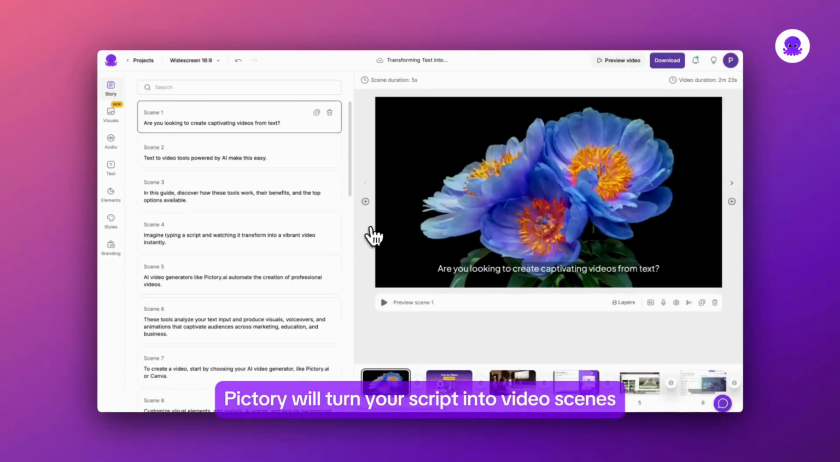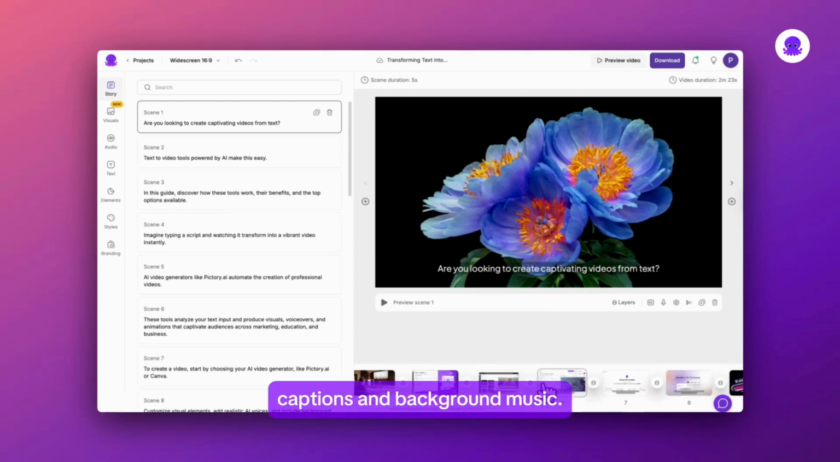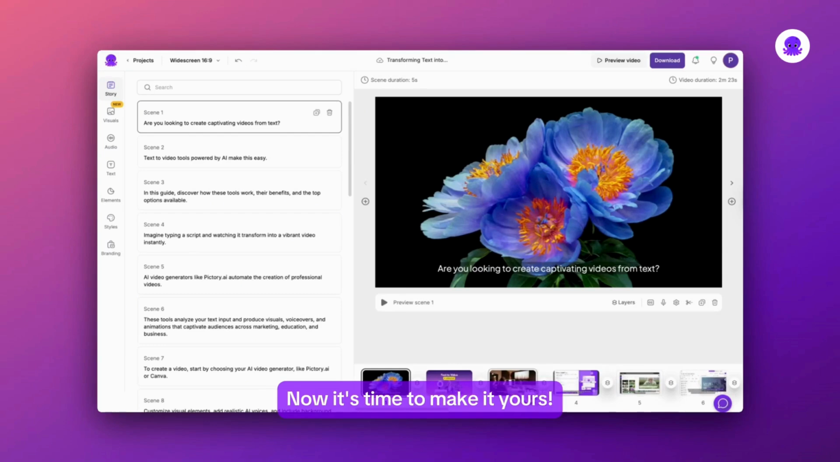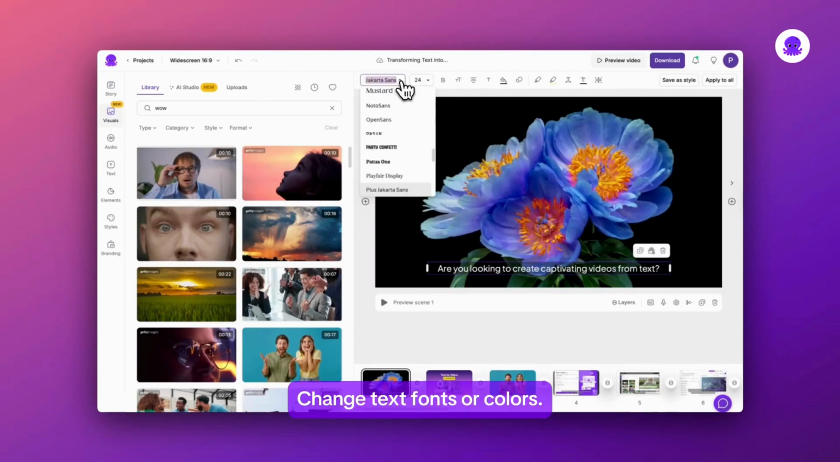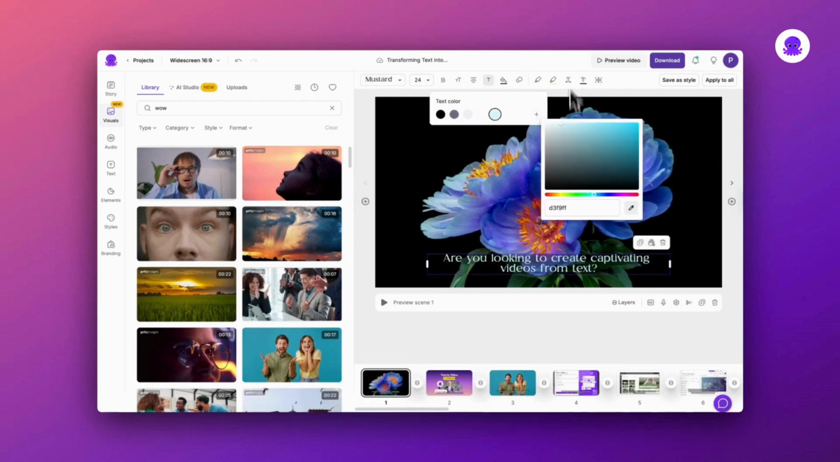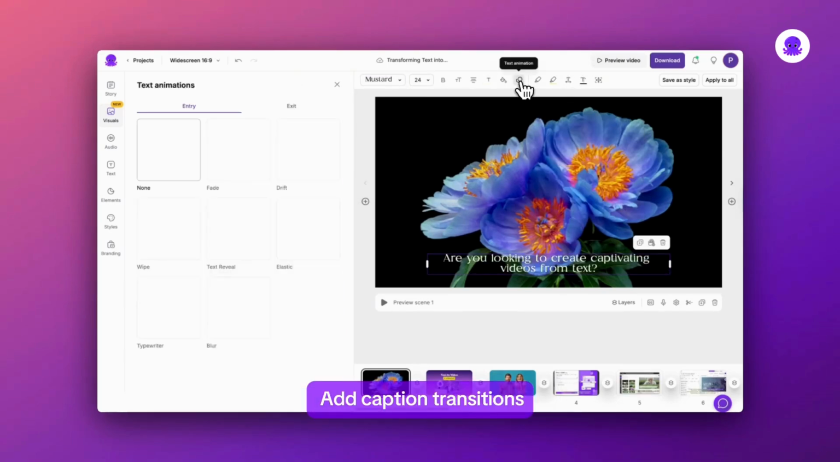Pictory will turn your script into video scenes, matching each section with relevant stock visuals, captions, and background music. Now, it's time to make it yours. Swap visuals, change text fonts or colours, add caption transitions,